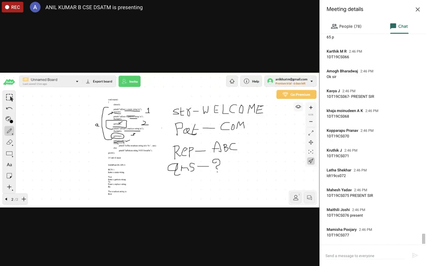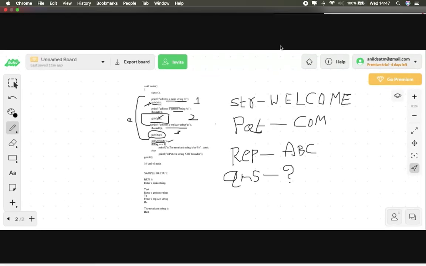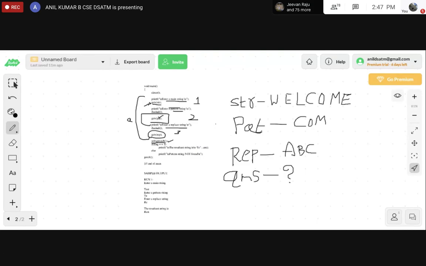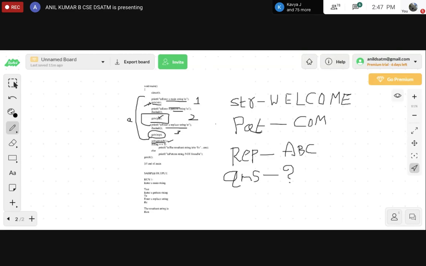Sir, 73 is present, sir. She is not able to send the message. Let her send it, ma. 75, 76, 77, 78, 79, 80, 81, 80 not there. 82, 83, 84, 85, 86, 87. 86 is there, 85 is there, 87, 89. 88, okay, sorry. 89 not there.